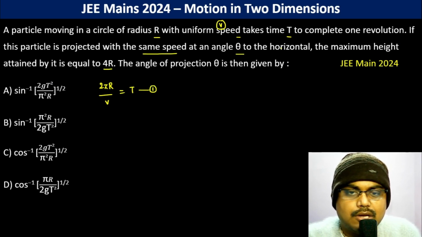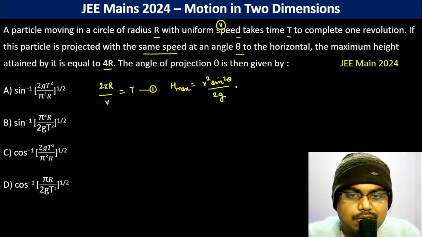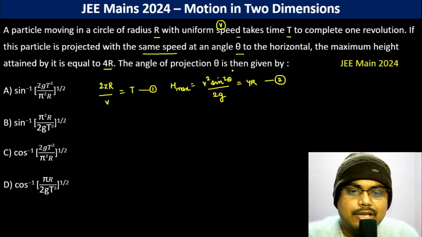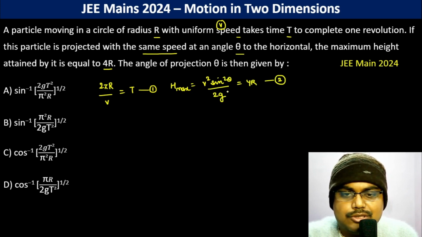Okay, now this is v and its angle theta, so the maximum height becomes v square sin square theta upon 2g, and this is equal to 4r. Okay, the angle of projection is given by, so let us do this. So v square, so v becomes 2 pi r by t, so 4 pi square r square by t square